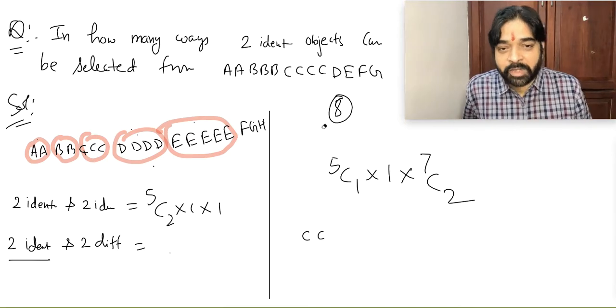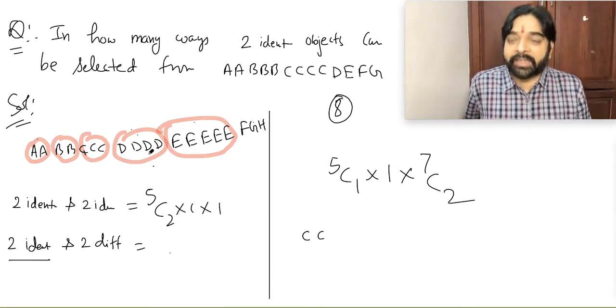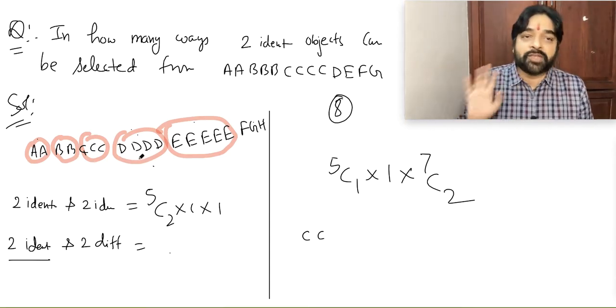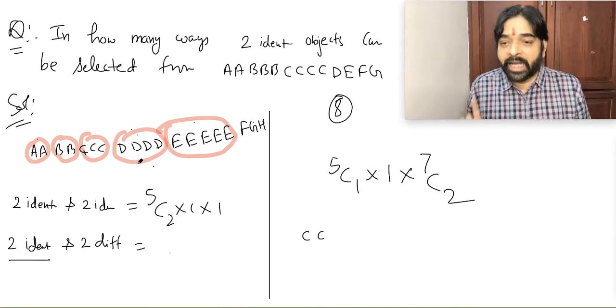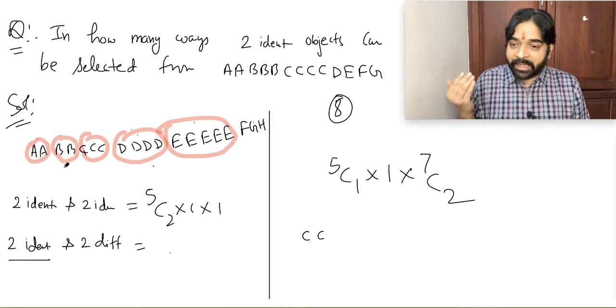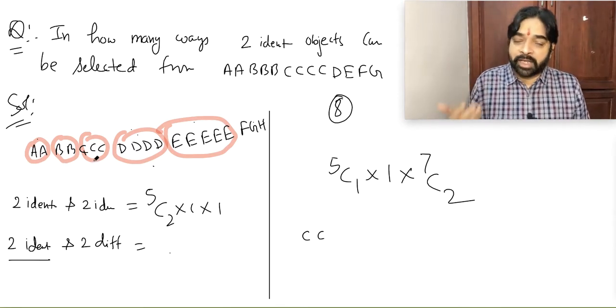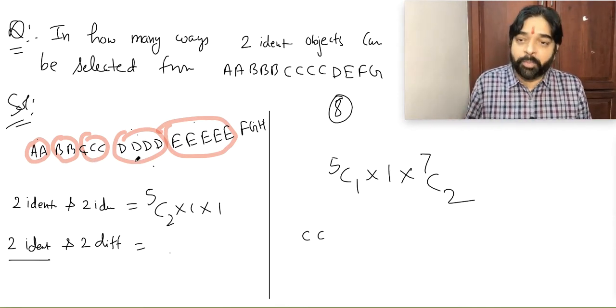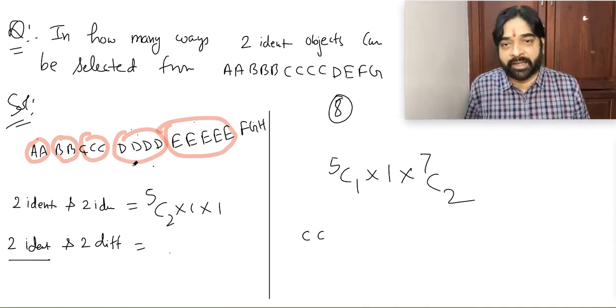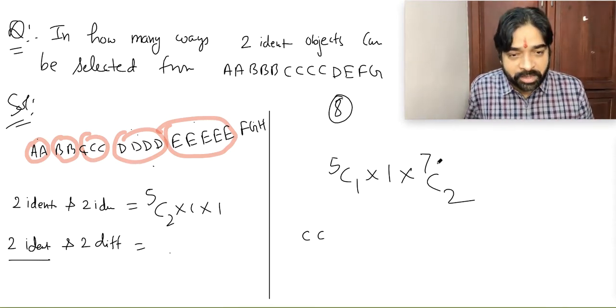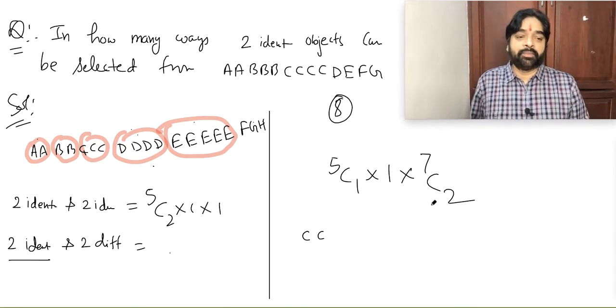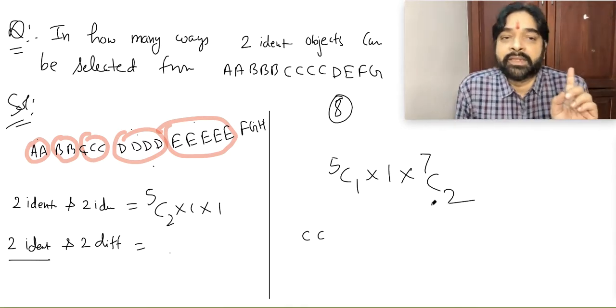Whatever group you selected, the balance letter of that group is useless for us. That you can throw out. So basically, how many different letters will be left? Either you select A group, or C group, or D group, you will have only 7 different letters. From 7 different letters, you have to select 2 different. So I'll say 7C2. Is it clear to everybody?